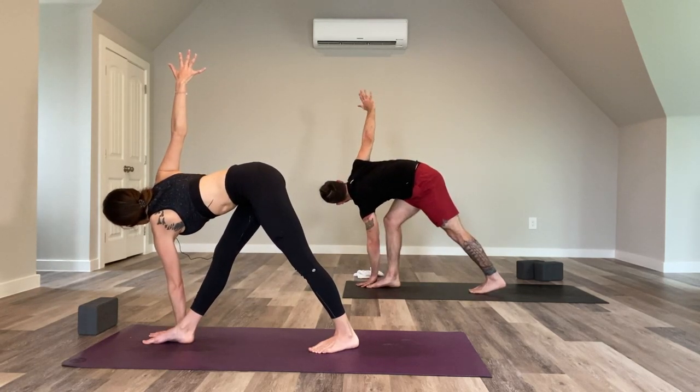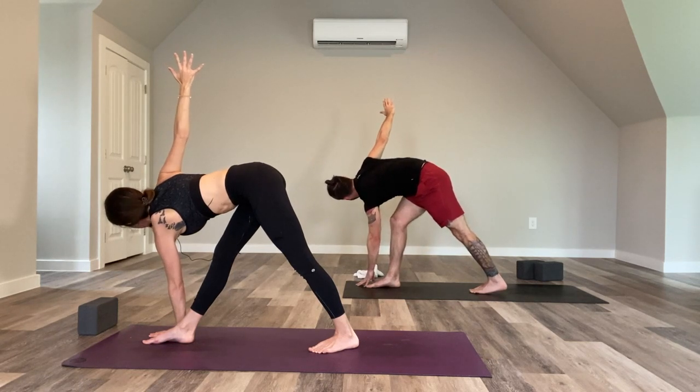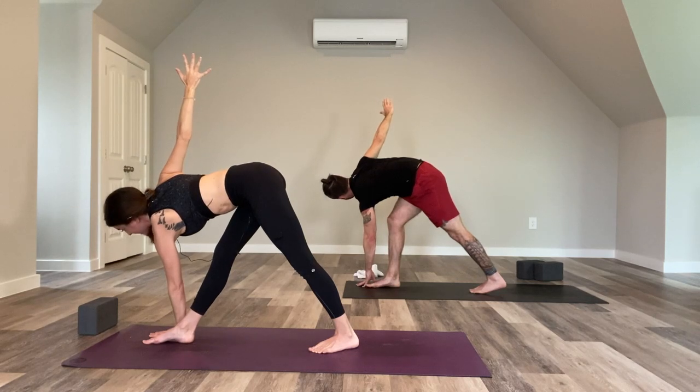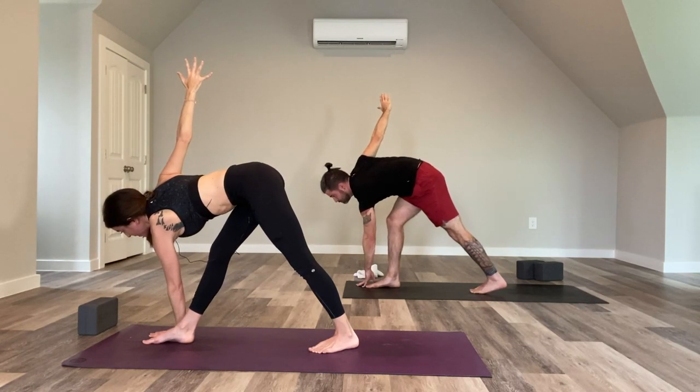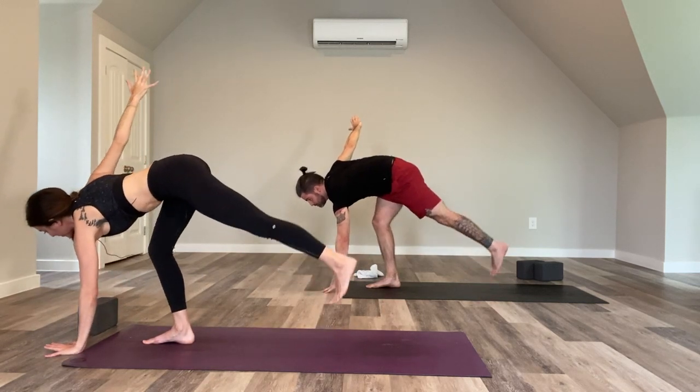Remember, you can bring something underneath that left hand or use that right leg. You're wrapping and rotating here. Maybe gaze goes up to the right middle fingers. We're going to try not to use a lot of momentum here to come into your revolved half moon. Gaze forward to the top of your mat. Little bend in that right knee, sending left hand torso length out in front and underneath you,